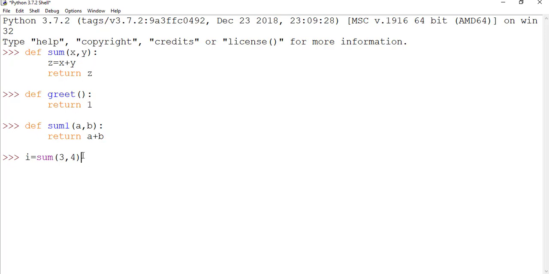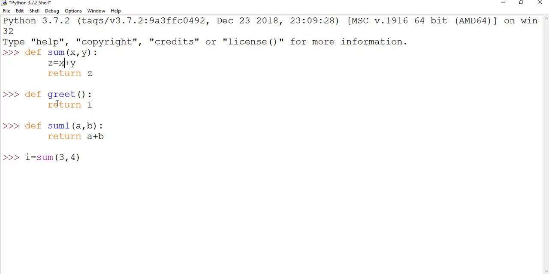Then the flow will be sent to this function, as we have seen in flow of execution, that the control is passed to this function. Then this statement will get executed: z = x + y.